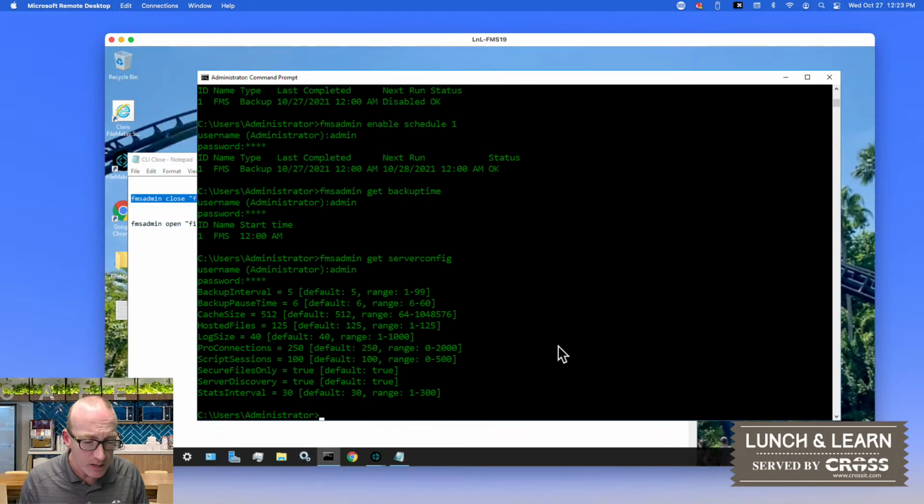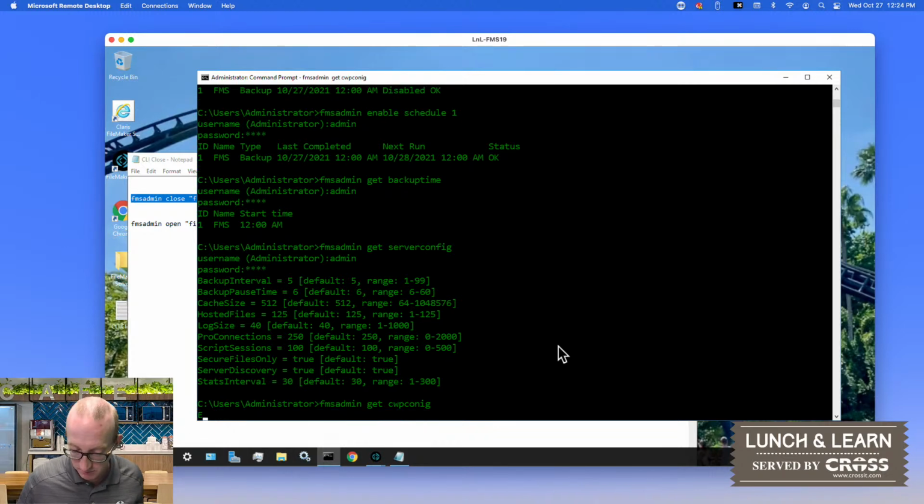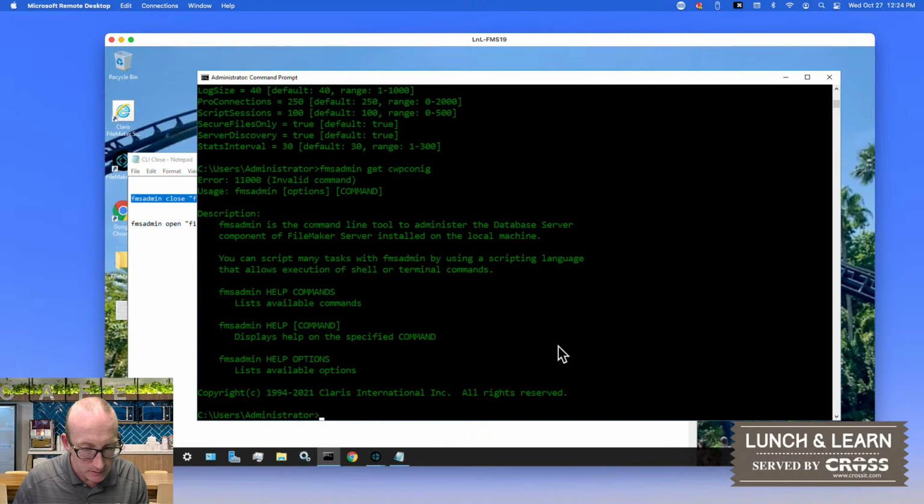You can also set whether the server is discoverable on the network outside the LAN, and then of course there's a stats interval for how often it's going to capture those statistics and report them to the log. Okay, so those are again the server config settings that you can get. The other one is the CWP config. And again, it works the same way. If you want to get a specific value, you can add that here. But if you just put it in there blank,